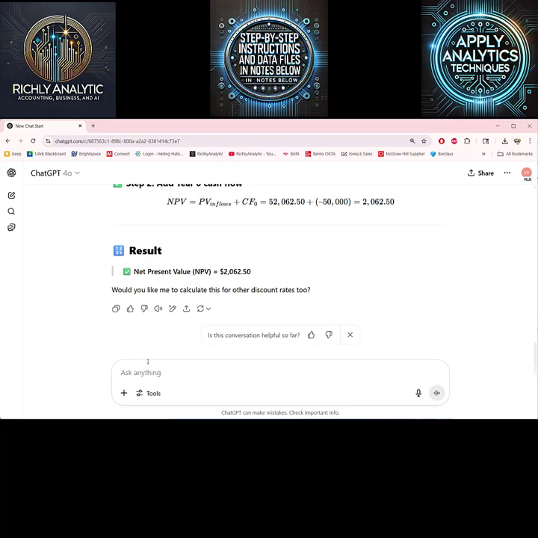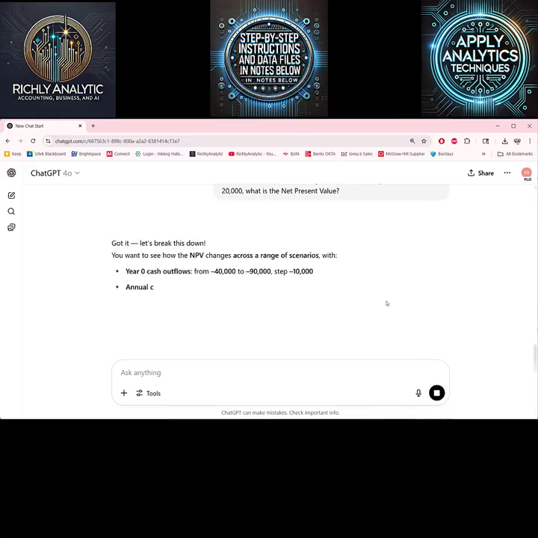Now what we want to look at is what the varying assumptions will give us. If we vary the cash inflow or the cash outflow, given the 8% discount rate, will that affect the outcome? We say, if that year zero cash outflow varies in steps of 40, 50, 60, 70, 80, 90, and if the cash inflow varies from 8,000 to 20,000 rather than the given 10,000 per year, what is the net present value? This is the sensitivity analysis, where we see how sensitive it is to varying assumptions.